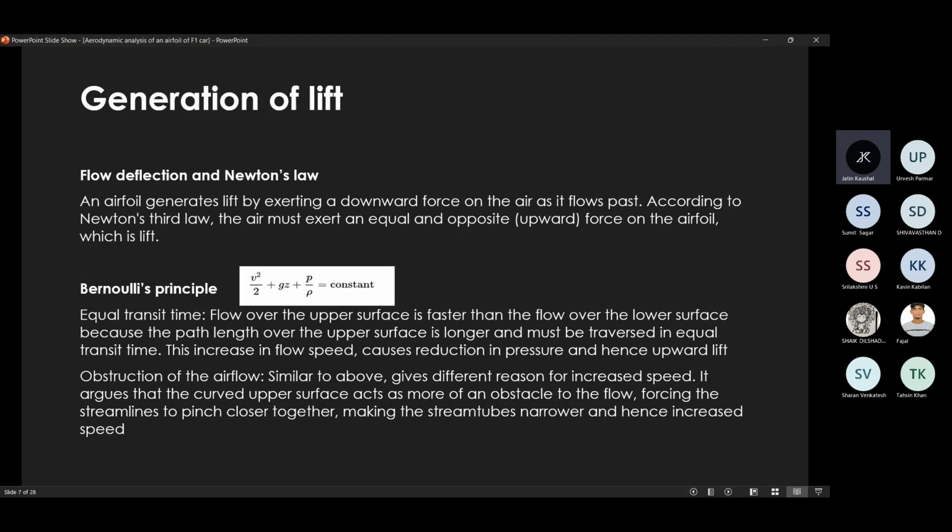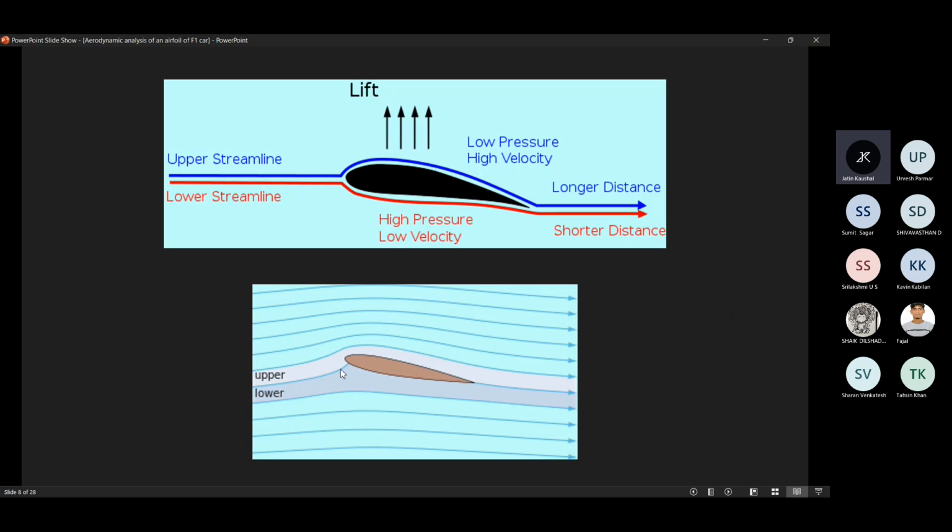And for the second explanation by Bernoulli's principle, there is obstruction of the airflow. Similar to the above, it explains the generation of lift using pressure distribution, but it gives a different reason for increased speed. It argues that the curved upper surface acts as more of an obstacle to the flow, forcing the streamlines to pinch closer together, making the stream tube narrower and hence faster. According to this theory, when streamlines